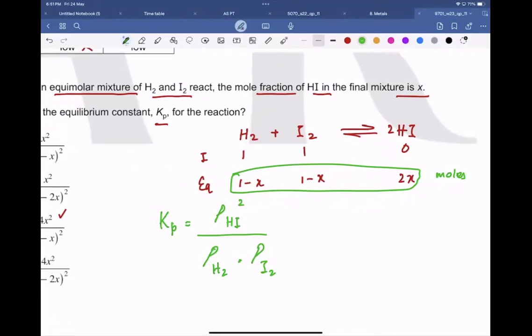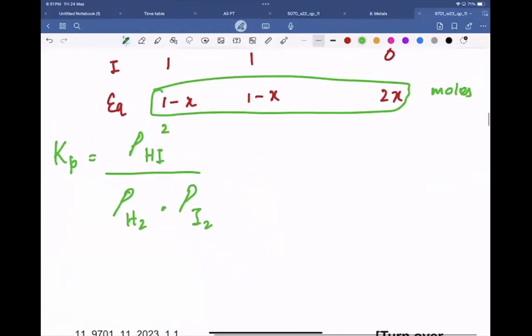Okay. Now, how do we calculate the partial pressure? Partial pressure is calculated by total pressure times the mole fraction of that gas, right? So actually I skipped so many steps. Now let's have a look. So over here it is going to be,